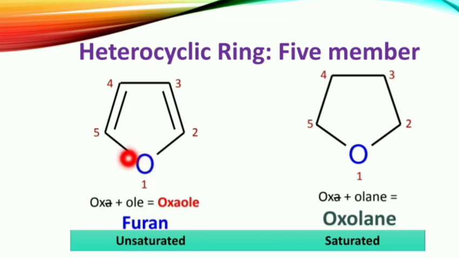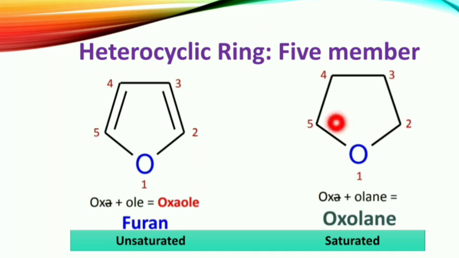For oxygen we can use oxa as a prefix. And this one will be the 5-membered structure. After giving the numbering, you can get the ring structure, the 5-membered structure. Then you have to use ole as a suffix. So the name for this ring structure will be oxole. Then the common name for the structure is furan, and this compound will be the unsaturated. Same structure beside this, we can see the structure.